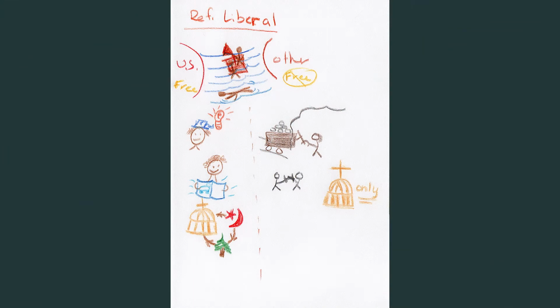And underneath, on the free side, you have, once again, someone able to have their own ideas. Someone with a book, having their own interests. Down below that, have your own religion. Once again, if you're a tree hugger and you just want to hug trees all day, you should have a belief to hug trees all day. If you want to believe in the spaghetti monster, then you should be free to believe in the spaghetti monster if you want. If you believe in a God, you should be free to believe in a God,